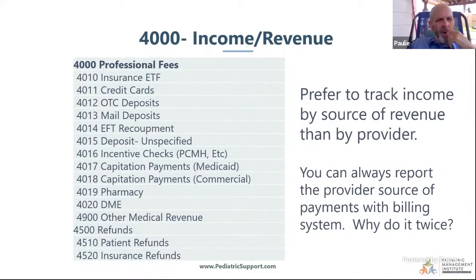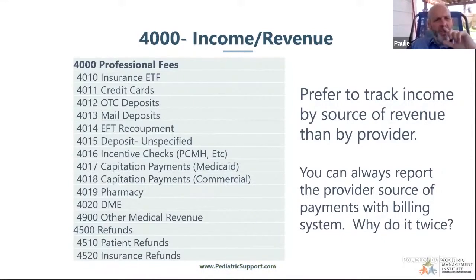What I tend to support is let us track our revenue and income based on the type of payments that are being made. And this may be a little bit overkill for a small practice, but this is the only